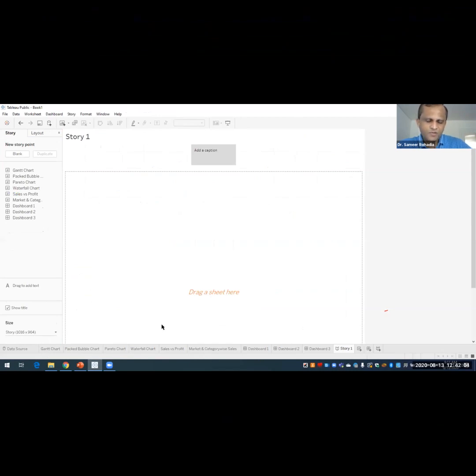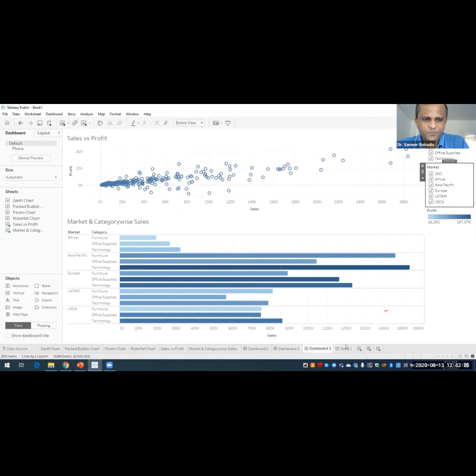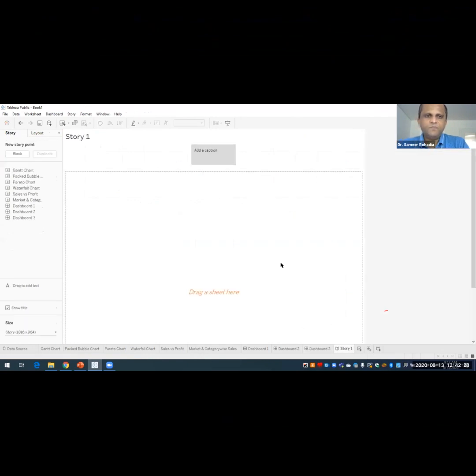Extension and export, I think we can definitely go further, but currently you can export things from the dashboard to other areas also. And extension, I definitely have to check again. But I've given you most of the options which are there in this dashboard. Now coming to the last part, that is stories.